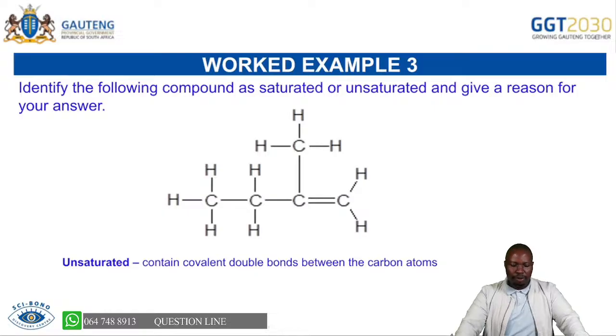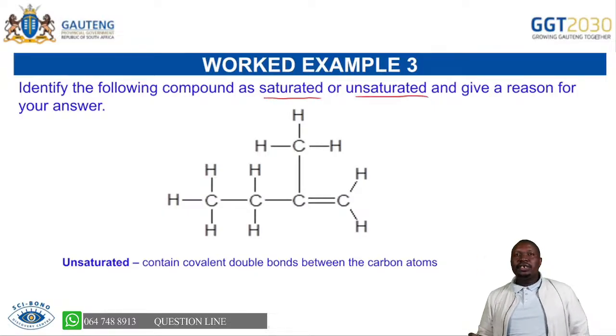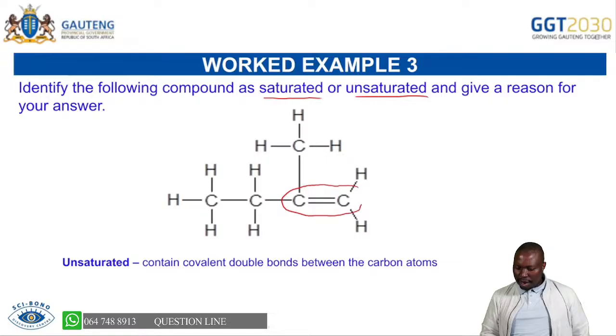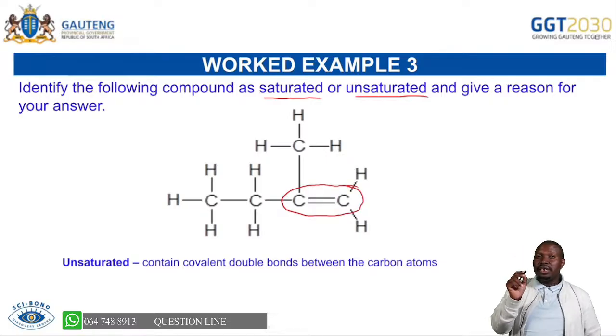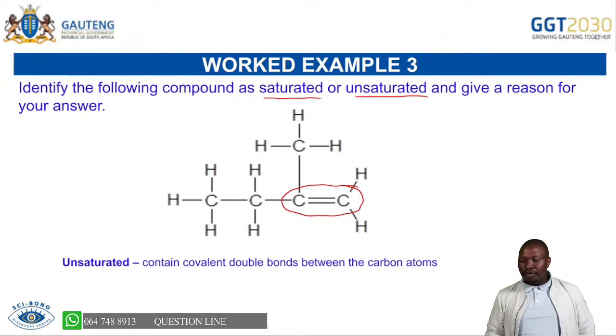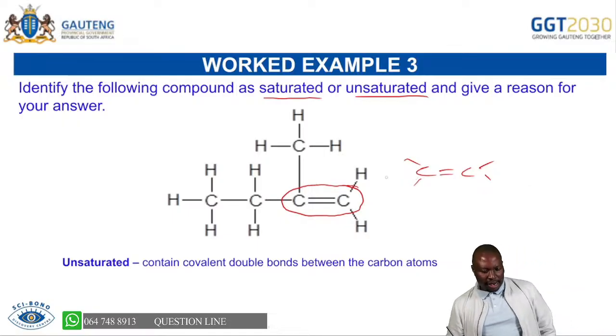Let's look at this worked example. It says identify the following compound as saturated or unsaturated. So we're saying this is unsaturated because it has multiple bonds between carbon atoms. And if we say draw the structure of the functional group, you draw that carbon-carbon double bond. Don't forget the carbon there must have 4 bonds around it. So when you draw the functional group, you will draw it like that with 4, because you're saying 1, 2, 3, 4 around those carbons. So you will draw it like that. So you get it. I hope we're moving together.